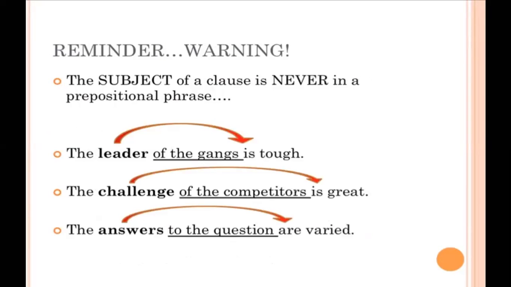Now, stop for a second and try to remember back to either previous podcasts or things that you've learned in your grammatical studies. Please remember that the subject of a clause, whether that's an independent clause, which is a complete sentence, or a dependent clause, the subject of a clause is never in a prepositional phrase. So as we try to figure out subject and verb agreement, we have to find the true subject of a sentence. Therefore, in these examples, be sure we're finding the true subject of the sentence, not the prepositional phrase.